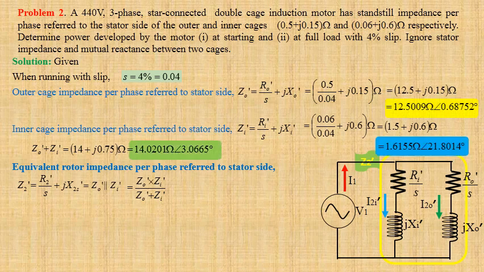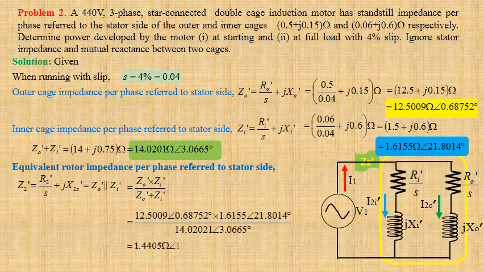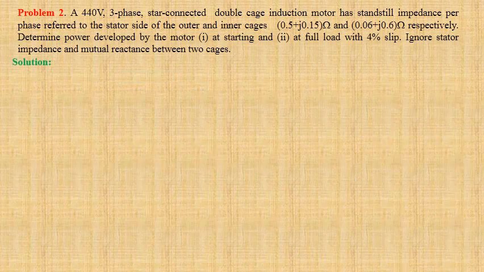Using values we get 12.5009 at an angle 0.68752 degree into 1.6155 at an angle 21.8014 degree divided by 14.02021 at an angle 3.0665 degree. That gives us 1.4405 ohm at an angle 19.4224 degree. Given stator voltage per phase V1 equals